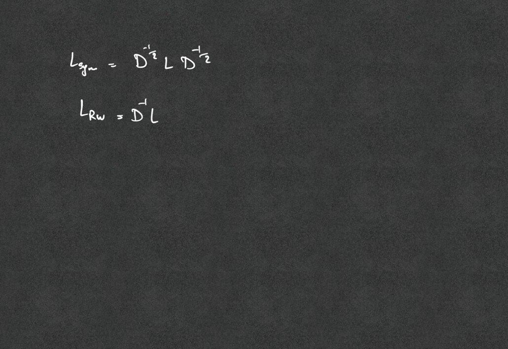One last thing to mention is two different variants of normalized versions of the Laplacian. So using the degree matrix, you could have this for the symmetric normalized Laplacian and this for the random walk Laplacian. And similar properties hold. There are minor differences. For example, the eigenvectors could be scaled by certain powers of D, but everything else mostly holds.